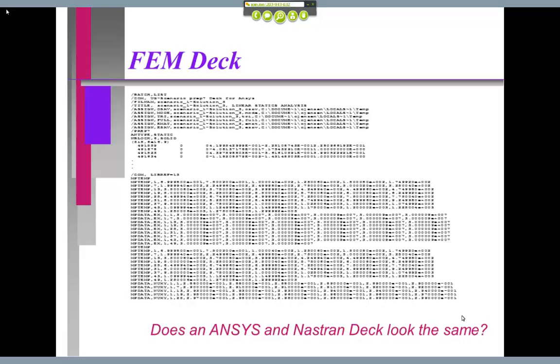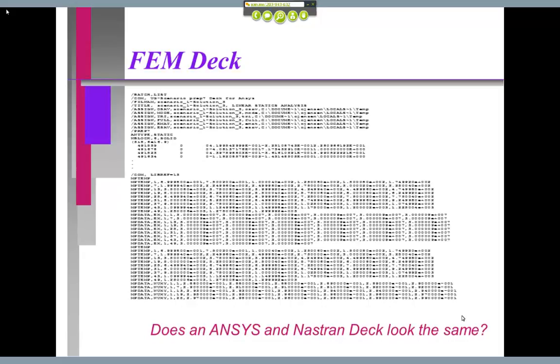After you get past all of the node information, you're going to run into the element information. What's the element information going to look like? The element information is way down at the bottom. It's going to say element 1, and then it's going to say is defined by node 1, by node 2, by node 3, by node 4. If it's a tetrahedral mesh, so basically a pyramid type mesh, it'll give you 4 node numbers that are all